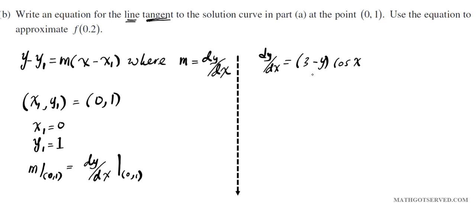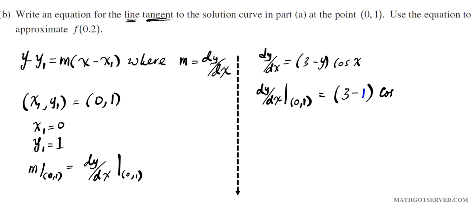Simply evaluate this differential equation at x equals 0 and y equals 1. That would give us a slope, okay? So dy/dx evaluated at (0, 1) is simply 3 minus, instead of y, we put in 1 for y,